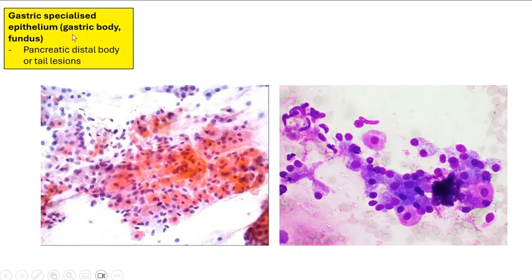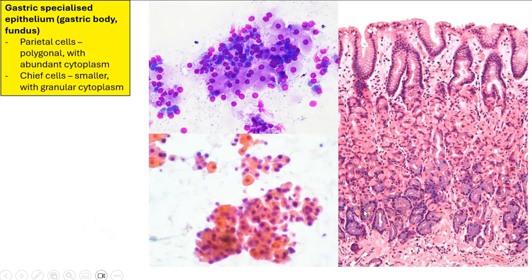So we also have to recognize gastric specialized epithelium, which is present in the gastric body and fundus. So again, usually more distal pancreatic lesions. We are able to see the parietal cells that stand out and are much larger than the adjacent chief cells. And just to compare this on histology, we have the foveolae, we have the glands, we have the parietal cells